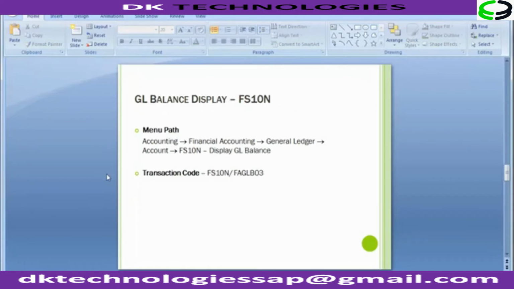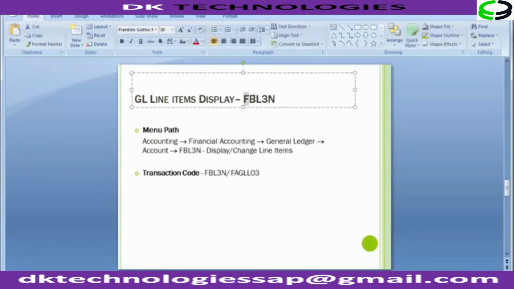So this is what you need to execute. Now let's move on to the screen FBL3N. So the GL line item display basically gives you the detailed